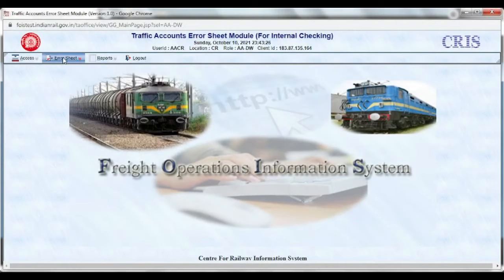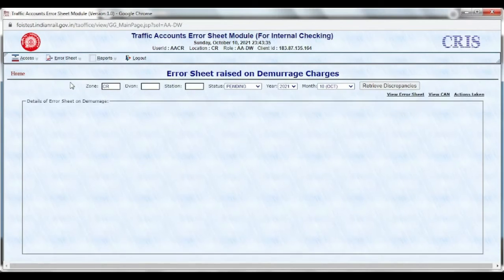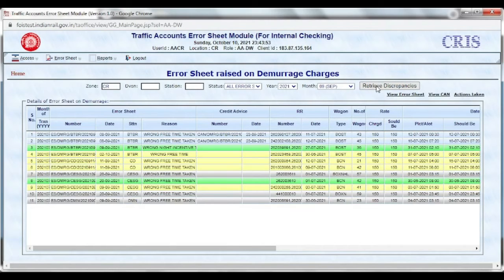Click on error sheet. Go to error sheet raised on demurrage charges. Here feed station status as all error sheets, and it will show all error sheets. Month, say September. Click on retrieve discrepancies. It will show all error sheets raised in the month of September.